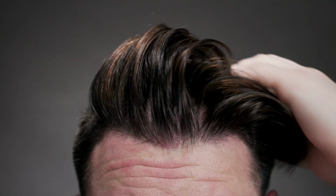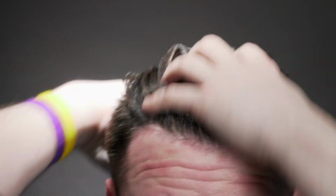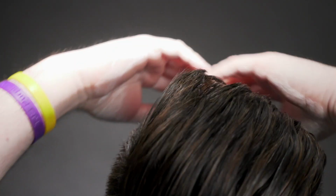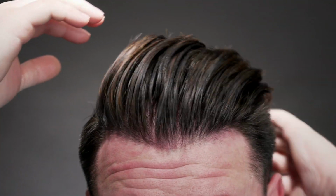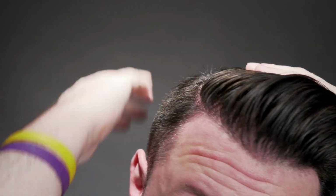For this demo now with the cream pomade, we're going to be starting off with dry hair. Now, this comes in handy here, not just because I usually use dry hair, but this actually came into play when it comes to the performance of the product as well. Because when I apply the product to my hair, I can see it's very light in both weight and visible hold, at least at first. I do honestly think this one can be deceiving in its consistency. I mean, it's not full of hold by any means, but it's not